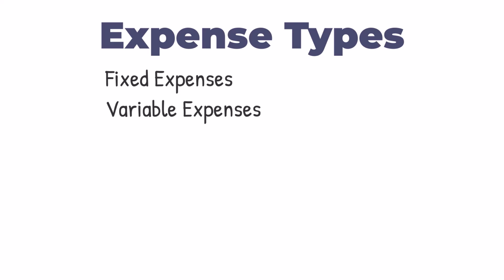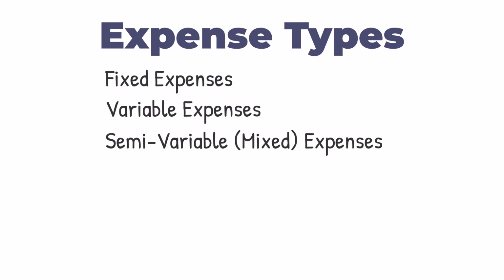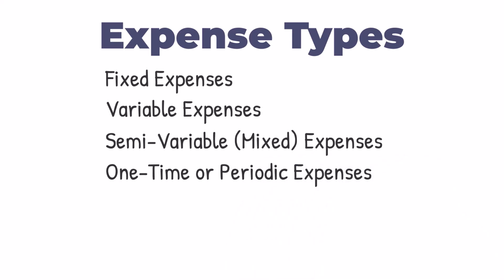Variable expenses fluctuate depending on sales volume or other business activities. These include the cost of goods sold, direct labor, sales commissions, shipping, and delivery costs. Semi-variable expenses, also known as mixed costs, have both a fixed and a variable component. For example, a restaurant may schedule a consistent level of staffing each day for pre-opening prep work, but then adjust the staff schedules for the rest of the day, depending on customer traffic. Their hourly labor expense would be a mixed cost. One-time or periodic expenses are non-recurring or infrequent costs that still need to be planned for, such as equipment purchases, scheduled maintenance, or legal fees.